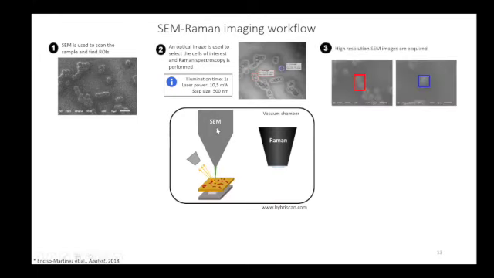And why do we do the SEM after the Raman? Well, when we have high resolution SEM imaging, we have to expose the sample a lot longer to the SEM. And this can also cause electron beam induced deposition of amorphous carbon. And this can have some impact on the background that we get in the Raman signal. So that's why we do it after measuring the Raman.